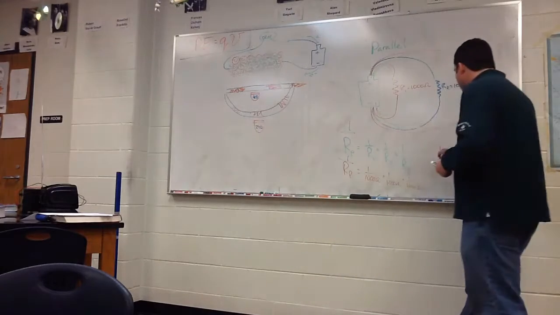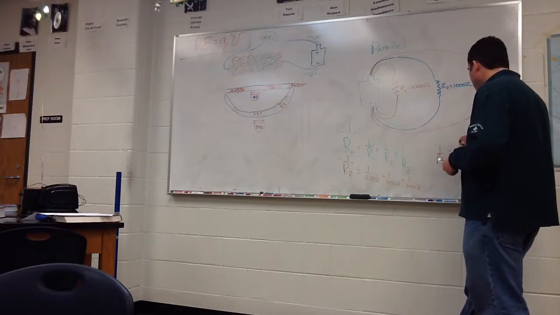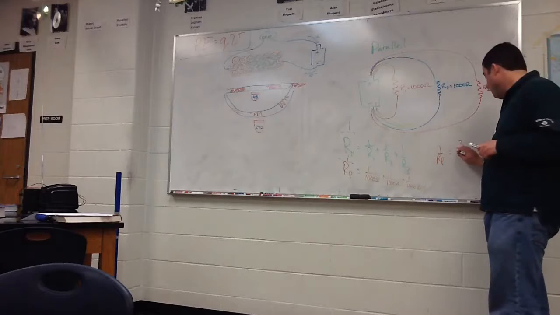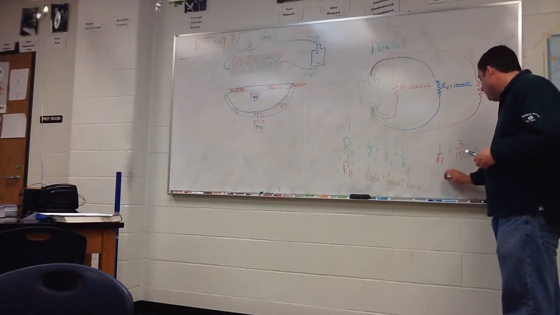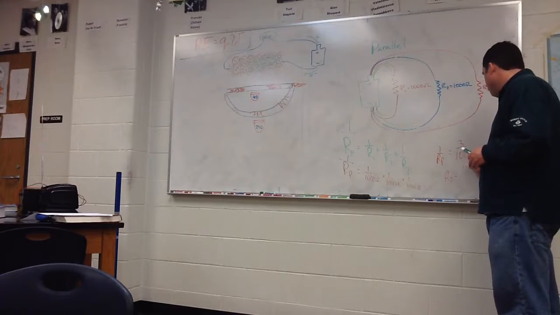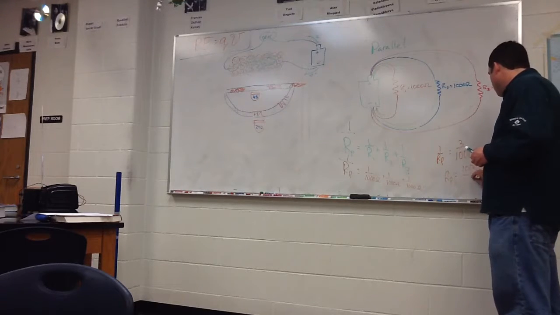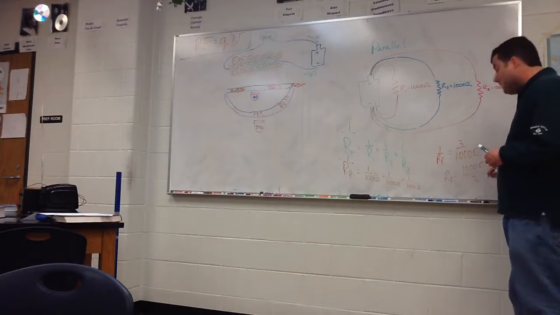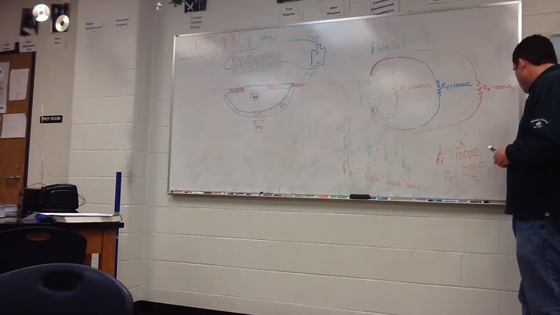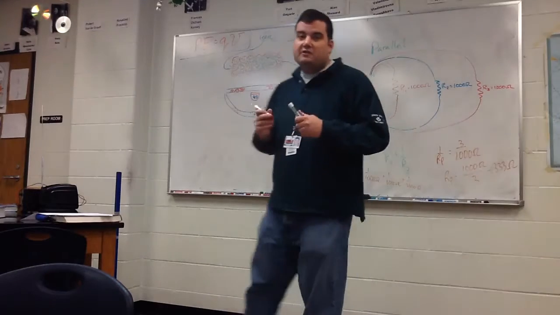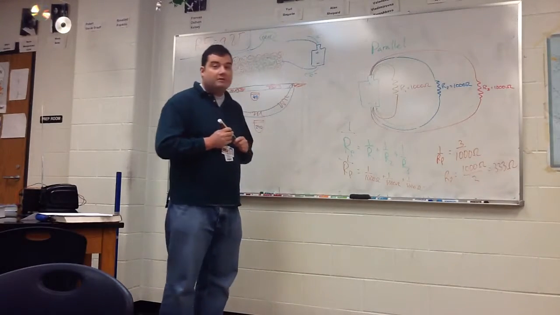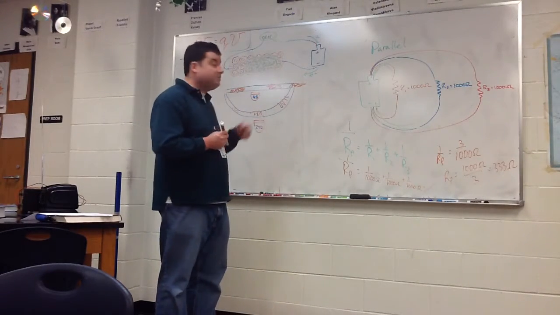So we have 1 over RP equals 3 over 1,000. So we just invert it now, and we have RP equals 1,000 ohms over 3. And that, of course, is 333 ohms. So the number has actually gotten smaller than any of my three original resistors, and that's because I've opened up three new